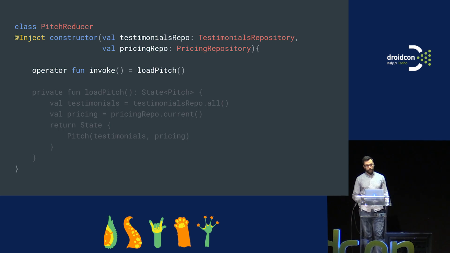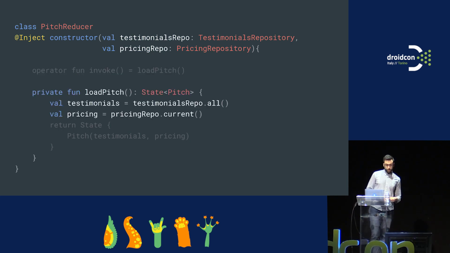The page reducer, in our case, the page screen is the first screen that you see when you open the Mixtiles app. And we want to show some testimonials from some influencers. I want to make sure there's a pricing object to tell you how much the tiles are going to cost. We overload the invoke operator just because it's nicer to read than not doing it. And we just have this wrapper called state that we'll see later in a bit more detail. It's just going to wrap the page, which is the view state, and it's going to be the one that we send back to the UI.